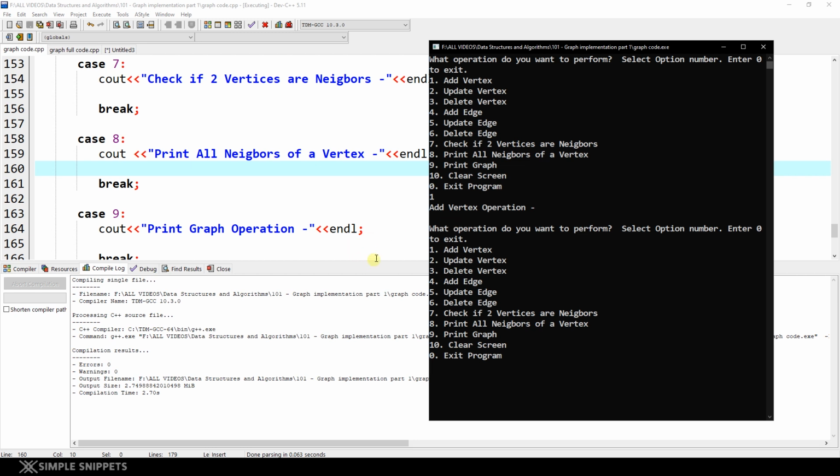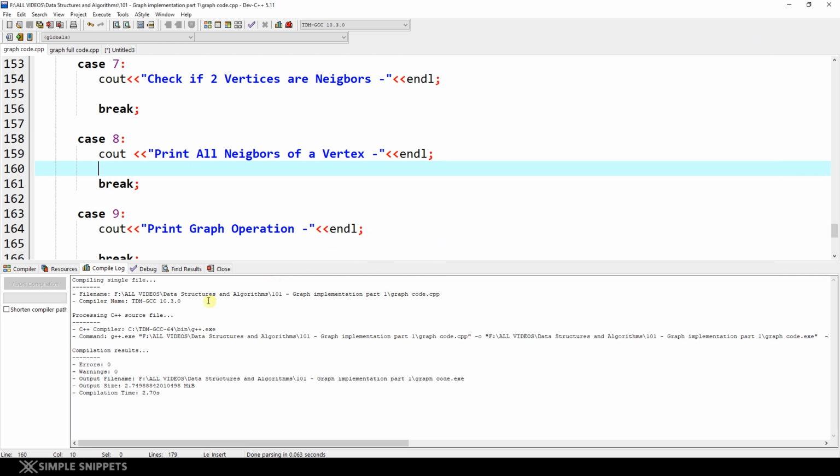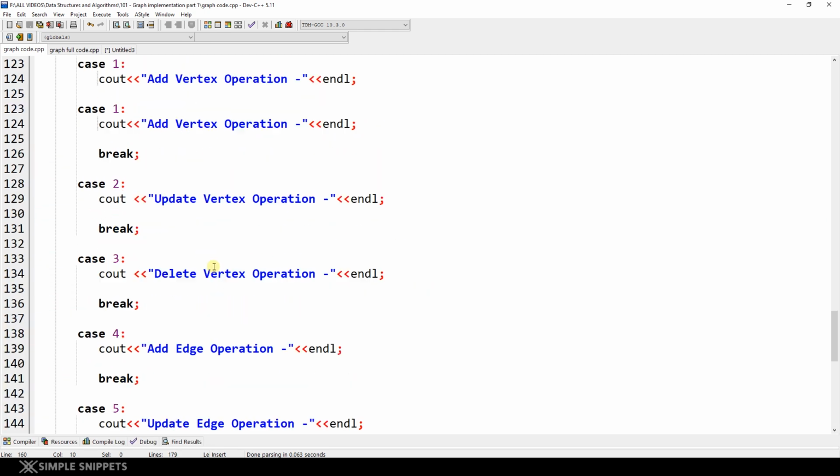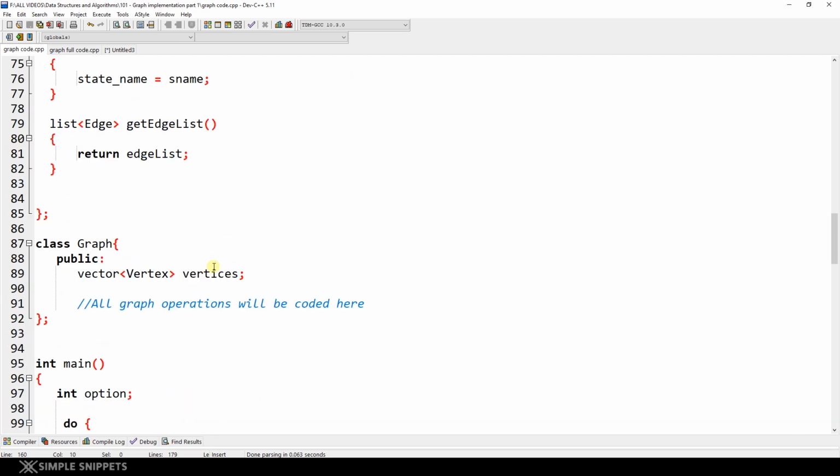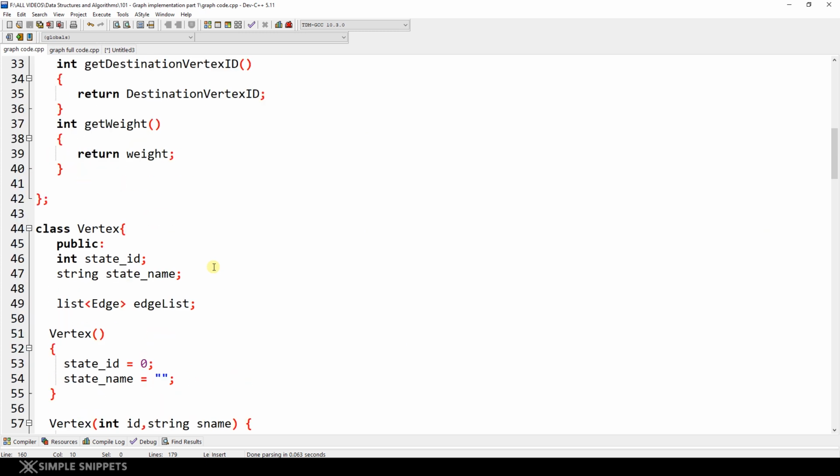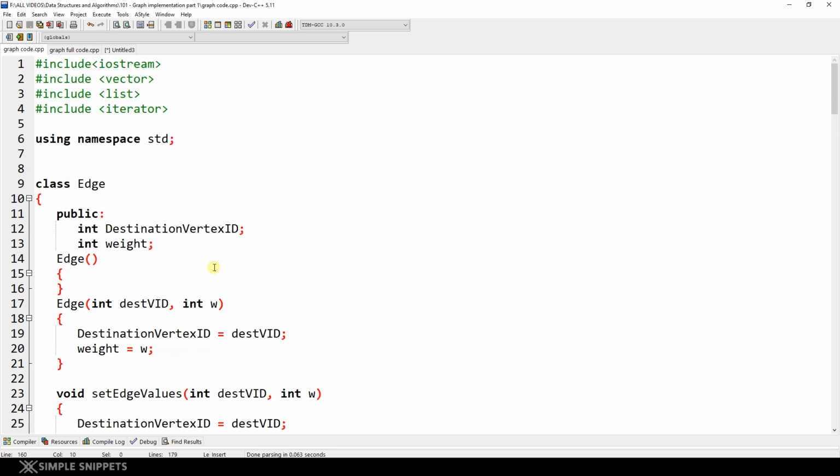Right now nothing is happening because as I mentioned, we still have to type the code. But our basic structure of the entire program is ready. Our understanding and our approach of how we are going to write the code for graph data structure is also very clear. And now the only thing left is to start implementing each function, one operation at a time. So this is where I'll conclude this video, because if we start with the coding of individual operations, this video will never end. It will go very lengthy.